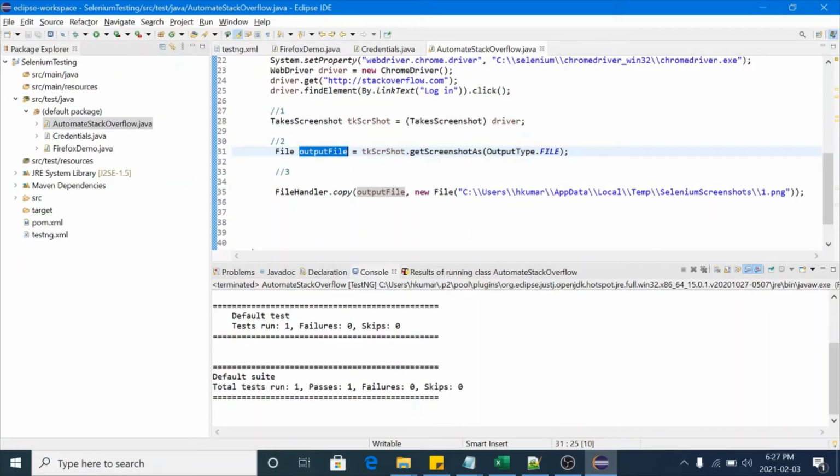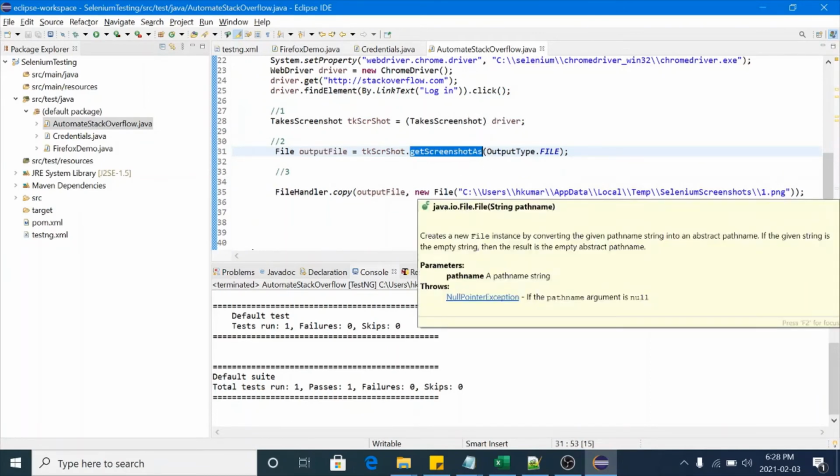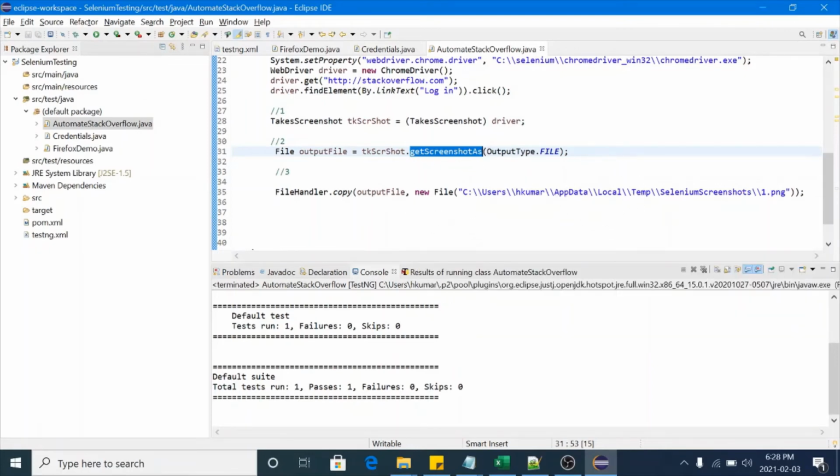To do that we need to use FileHandler, which is a class, and its copy method. The first argument is the output file that we get from the getScreenshotAs method, and this is the destination file where we want to save it. Now let's run the scenario and it will save the captured screenshot in this file, one.png.